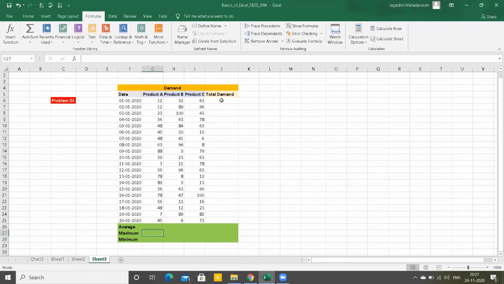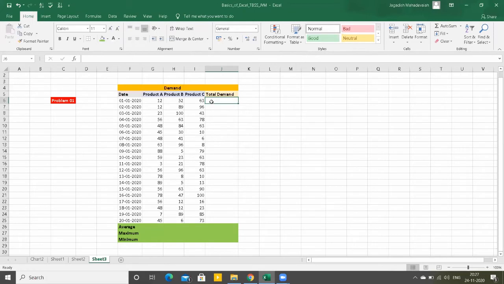So we shall solve this one by one. First, let us solve total demand. I would like to show a simple trick where we are not going to use any formula, but we'll calculate the sum, that is total demand. I hope you can notice this AutoSum, right? To use that AutoSum, place the active cell where you want the sum. So I want total demand. I am placing this active cell just below the total demand heading to get the total demand of product A, B, and C for 1st January.